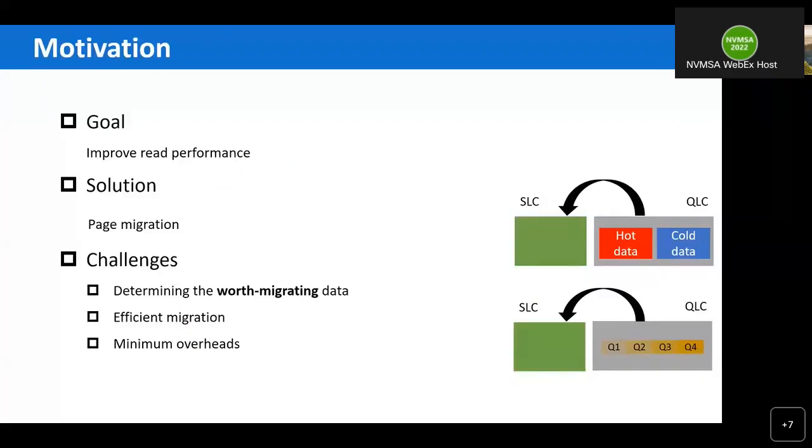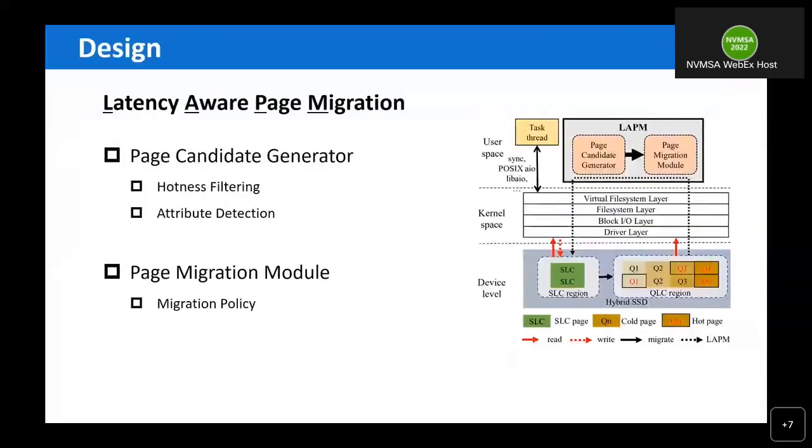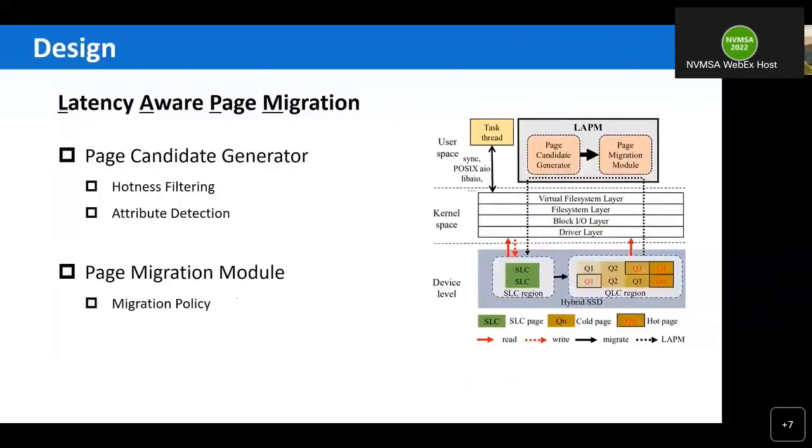In addition, the QRC page with a low latency is unworthy of migration because it has comparable latency to that of SLC pages. Second, a good migration policy will not only ensure an efficient page migration, but also minimize the system overhead. To overcome these challenges,